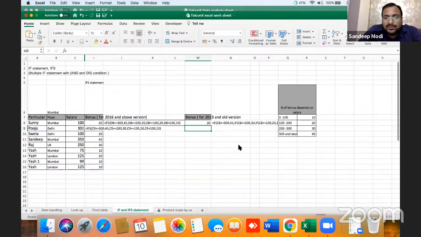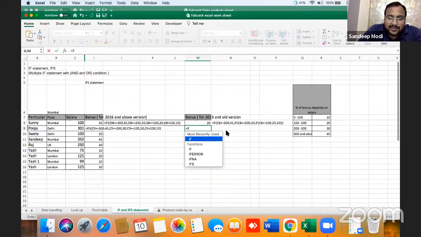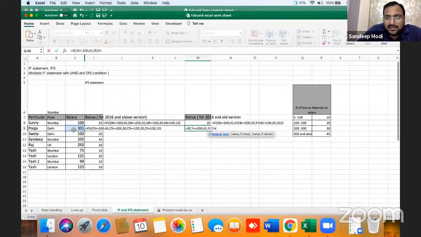Now for 2013 and below version, let's solve it like this. How can we put a multiple IF statement? My first logic is this should be greater than or equal to 300. If it's greater than or equal to 300, we will give him 45. If it's not, we will check the second condition, greater than or equal to 200.